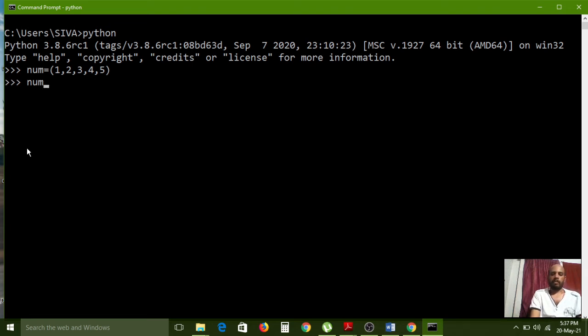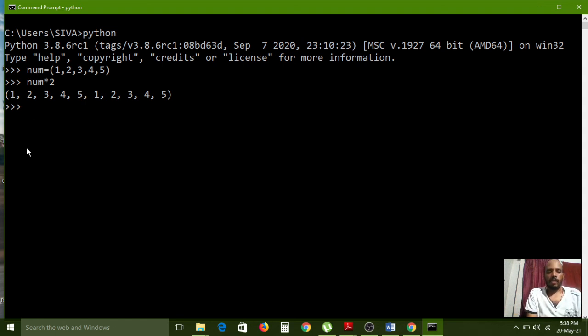Again I want to print num into 2 times. I want to print the same elements 2 times, so I give the multiplication operator along with the number of times. How many times do I want? 2 times, so that's why I gave the second number after the star symbol. Now I am pressing enter. All of you carefully observe the output we are getting here: 1, 2, 3, 4, 5 and also one more time 1, 2, 3, 4, 5. So these elements are repeated 2 times. One time is the actual print and one more time it has printed a second time. So I printed the same elements 2 times using this type of syntax.